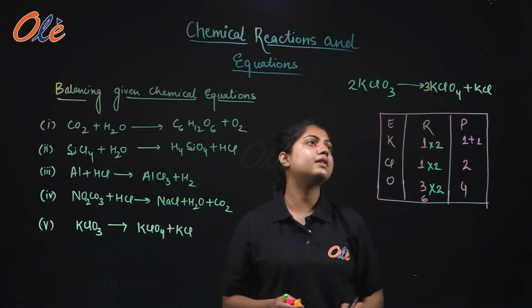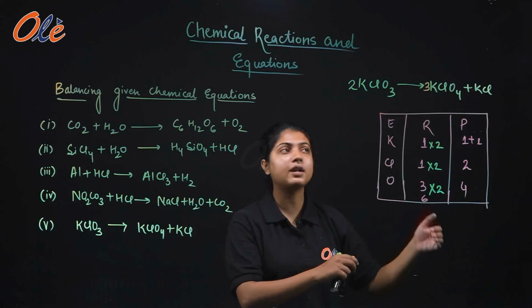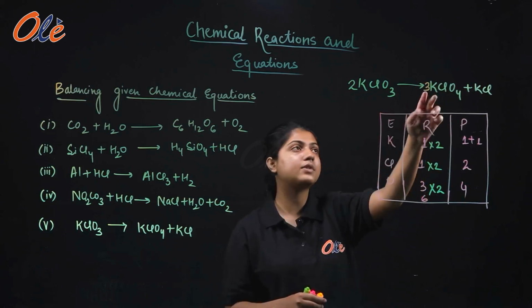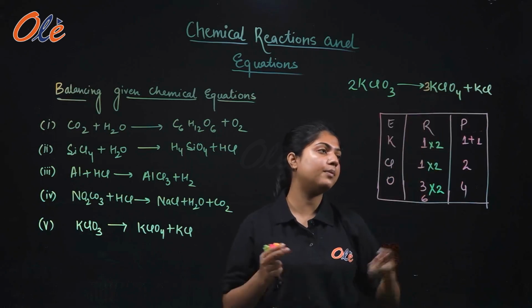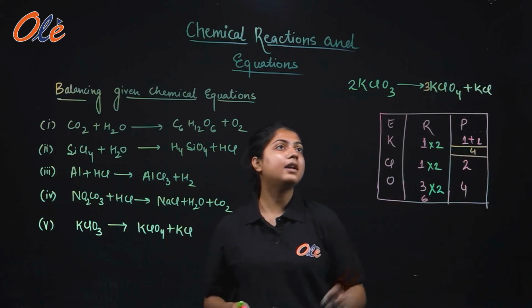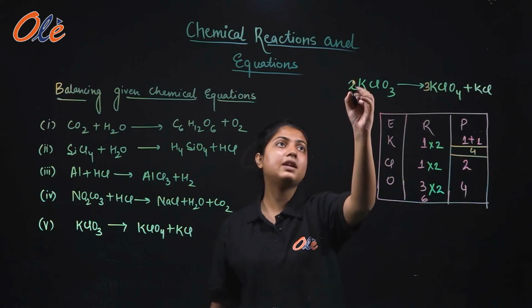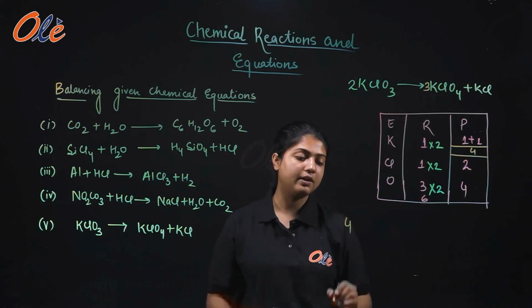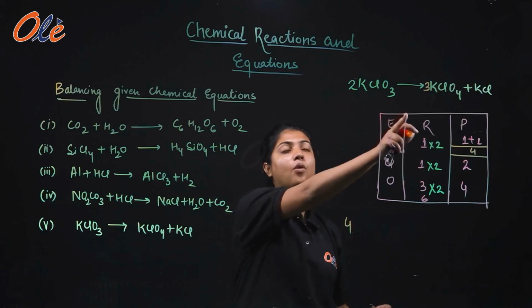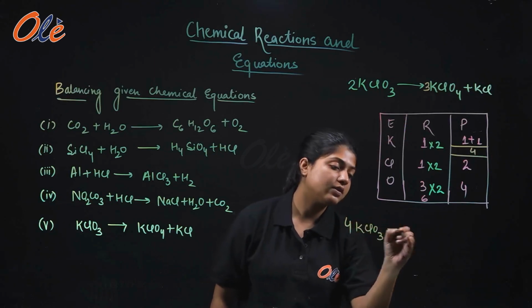If we multiply this by 3, in the product section, how many K's are there? Means how many potassium atoms are there? 3 plus 1, 4. On the product side, the potassium atoms become 4, right? And on the reactant side, the potassium atoms are still 2. So we can multiply this by 4. I am writing this new equation for you. For example, we have multiplied this whole compound by 4. So 4KClO3 gives out 3